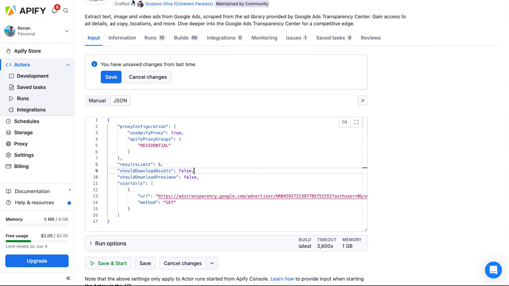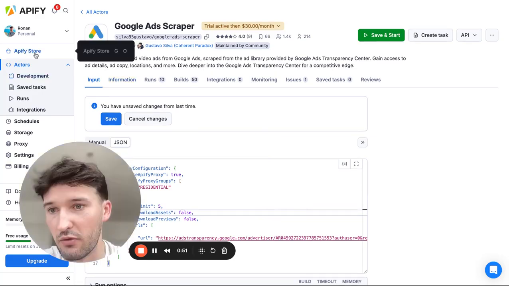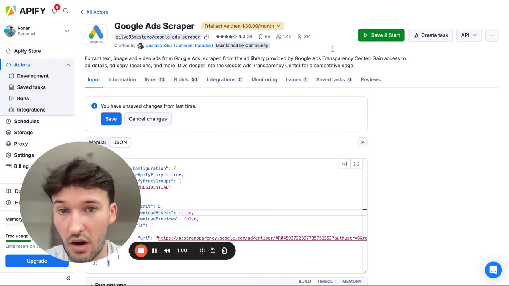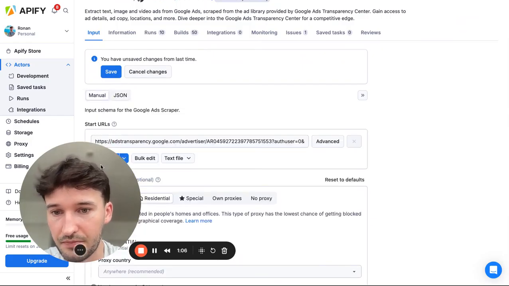You need to sign up for Apify to start with, and just go to Apify store and search for Google Ad Scraper. It's going to be this one, the one with 1.4K users. Click start. There's a 1-day free trial, but if you want to keep on using this, it's $30 a month. And you'll come here to manual,